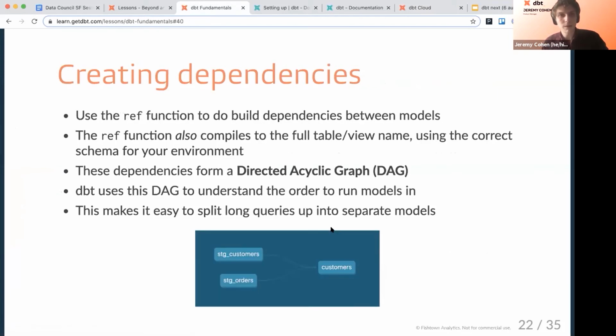the DAG as well. And unlike some other orchestration tools where the DAG needs to be explicitly architected, this depends on this, then run this other thing, simply by using those ref statements, we know how to compile them out in an environment-aware way, and dbt knows how to create the DAG and then infer from it the order to run models in, so that we can get through it as quickly and reliably as possible. This totally removes the incentive to have hundreds of lines of SQL at a time defined in a given file.